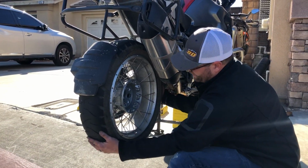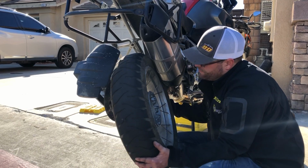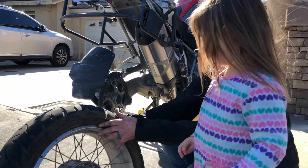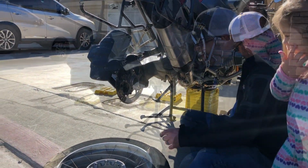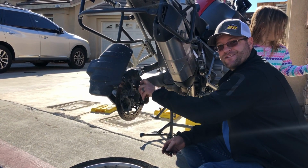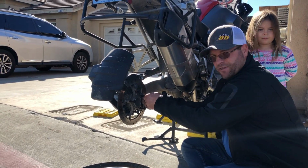Okay, now that those 5 lug nuts are removed, we're simply gonna pull the wheel towards us and massage it out of the wheel opening. So now I'm gonna go ahead and put these 5 lug nuts back in place. The reason that I do that is so they don't get lost,